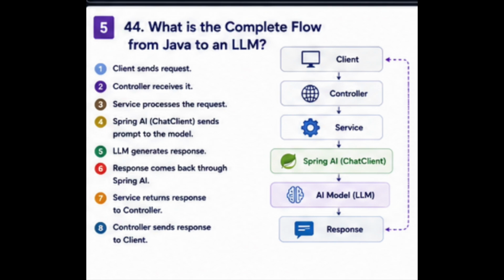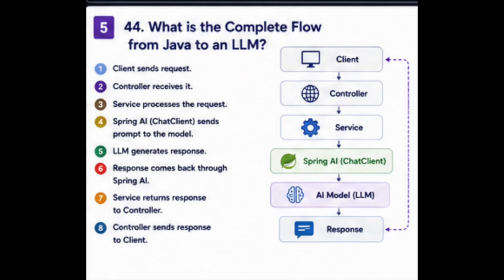Let's understand the complete flow from Java to an LLM. Suppose a user sends a request from our browser. The request reaches our Spring Boot controller. The controller passes the request to a service. The service uses Spring AI's Chat Client. Chat Client creates a request for the AI model. Spring AI communicates with the model provider over HTTP. The LLM processes the prompt and generates a response. The response comes back through Spring AI. The service receives it. And finally, the controller sends the response back to the client. So the complete flow is client to controller to service to Spring AI to AI model, then response back to